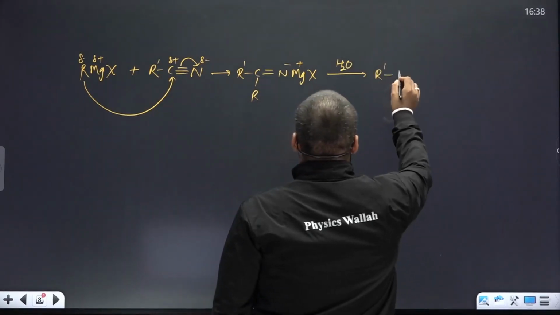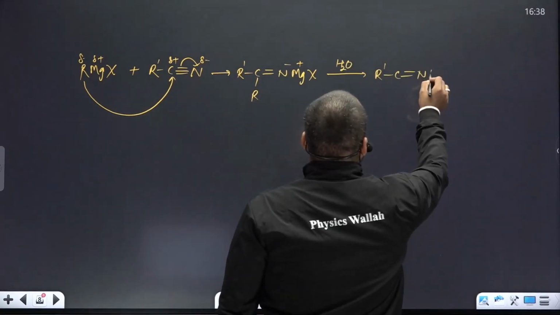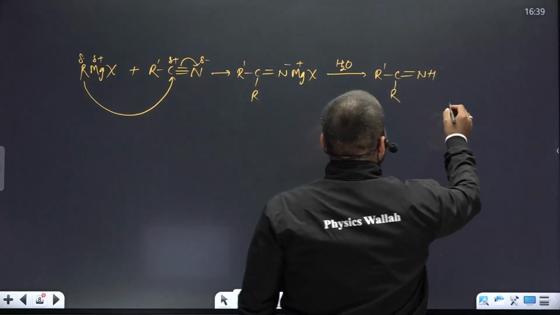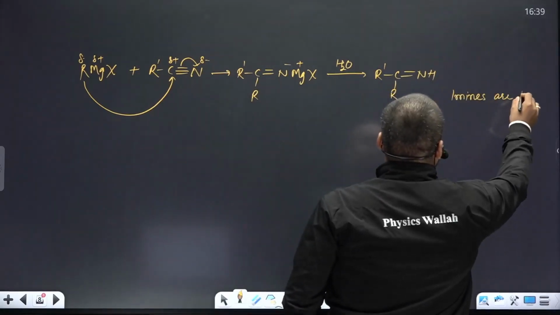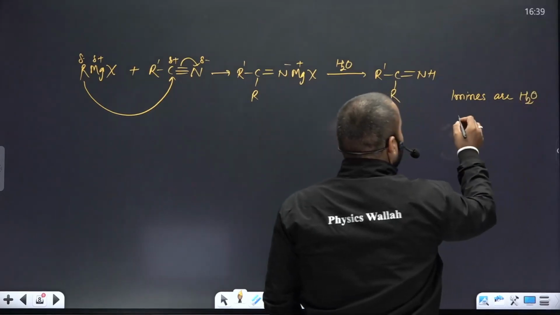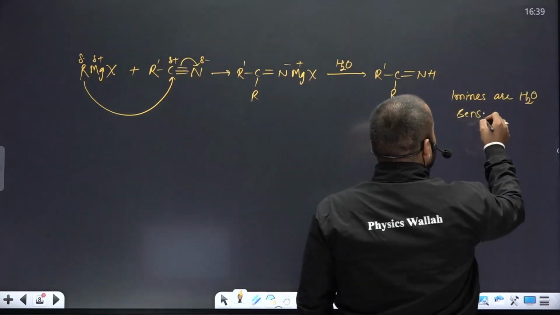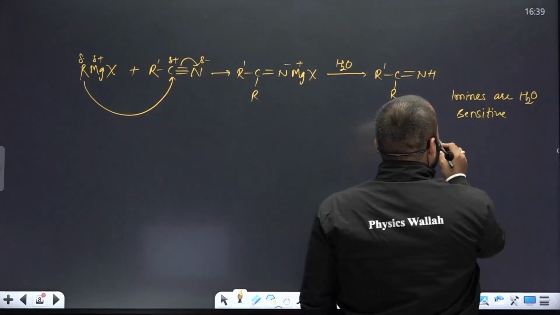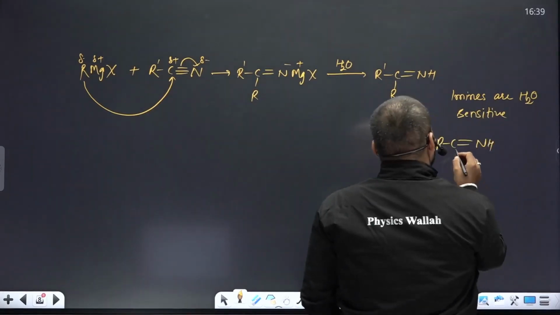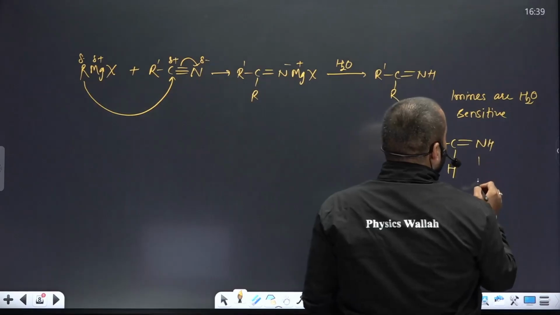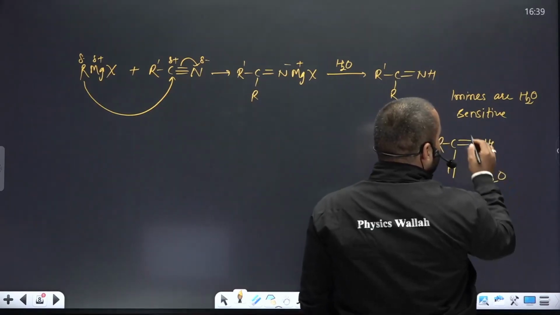So the compound formed would be NH. And we have just learned that imines are water sensitive. Imines are water sensitive. What happens to imine? Let me write the general equation. R C double bond NH. If you have hydrogen here, you treat it with water, just break this bond, just break